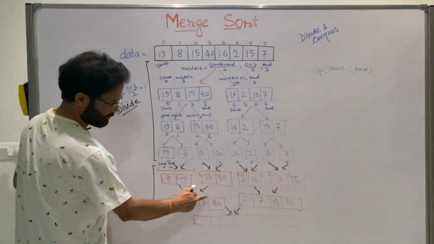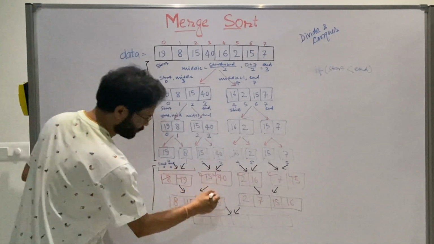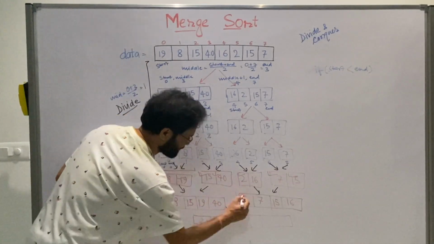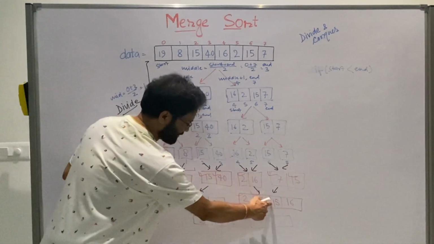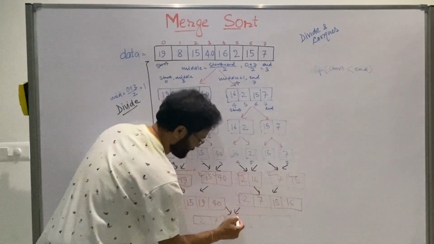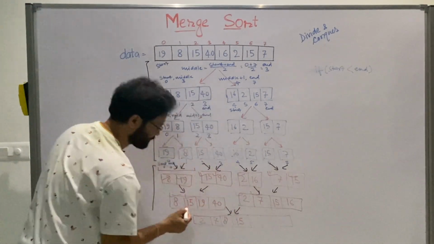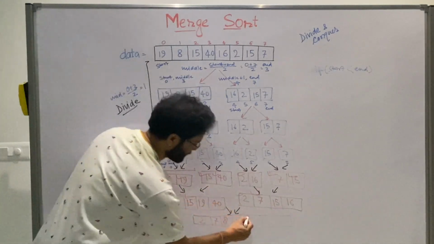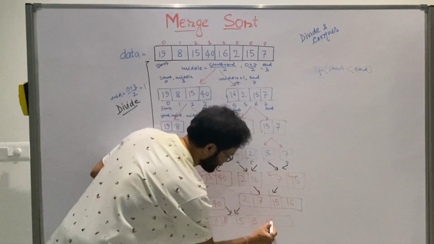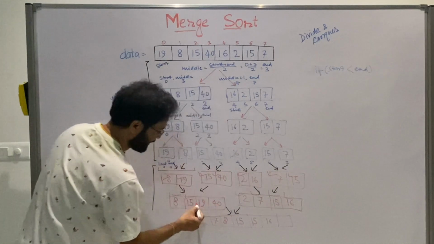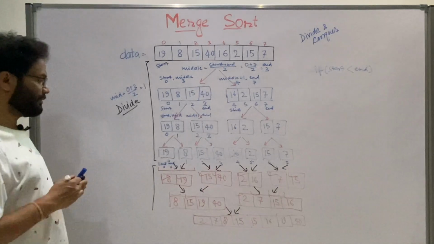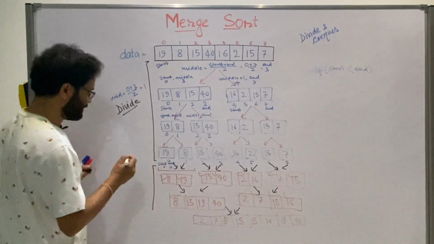When you do the merge, start comparing 8 with the 2. So when you do the 8 and 2, 2 will come. Now 8 and 7, 7 will come. Then 8 and 15, 8 will come. Then 15 and 15, anyone can come. Now this 15 and the 19, 15 will come. Then 19 and 16, 16 will come. Then remaining 19 and the 40. So you can see in this way, this part is called the merging part,